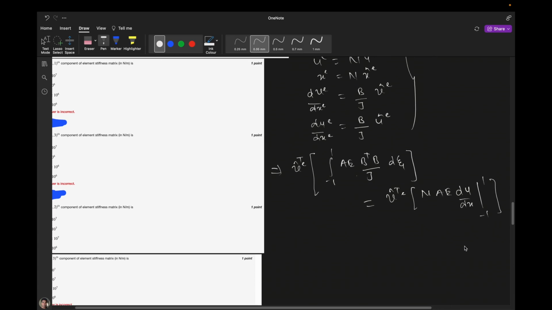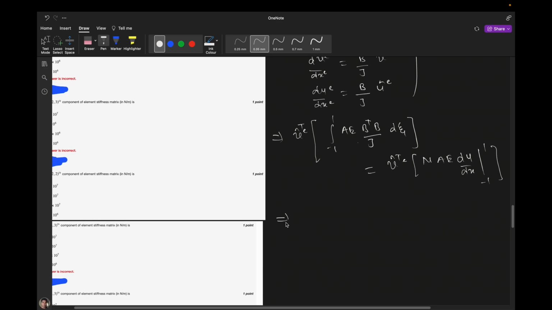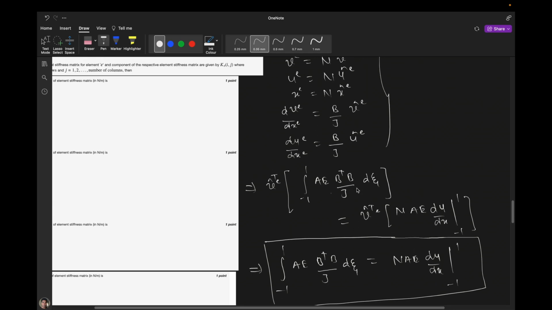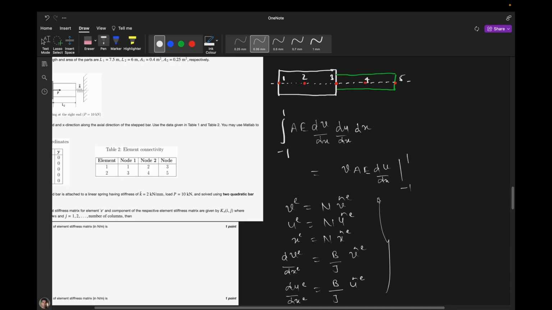Okay, so these were the equations. So we can write minus 1 to 1 a e b transpose b divided by j del zeta equal to n a e du by dx, minus 1 to 1. So this is our final equation. Okay, I missed one more thing, that is